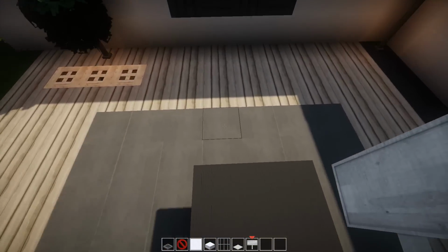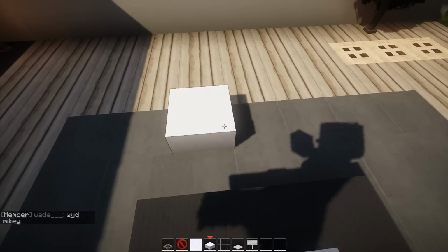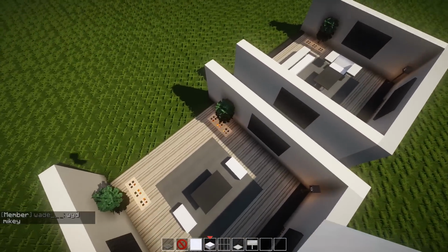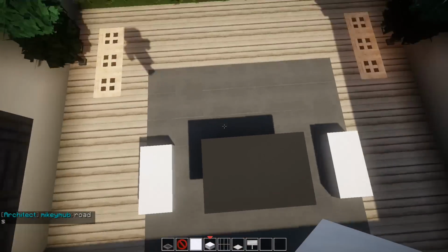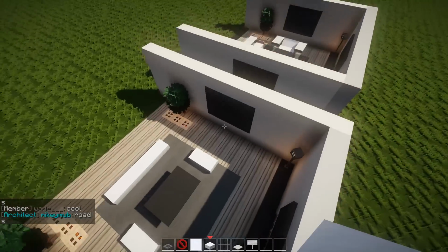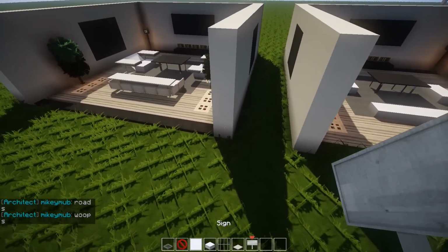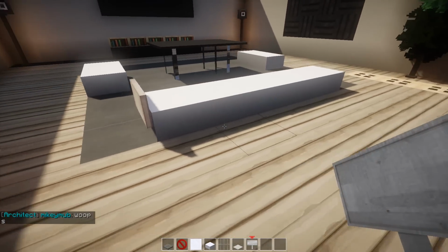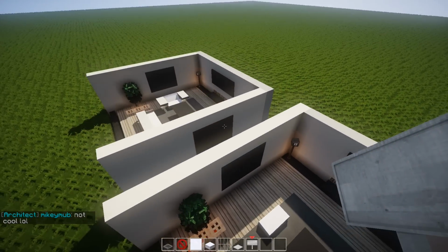So of course they're in line with a table, as you guys can see. You're going to want to put 2 down like so, 2 down like so, and then for the back one, we may as well do this at the same time. So let's just see, that's 2 away from that. Okay, so what you're going to want to do is come 2 away, bring this all the way out, so it's 1 away from the corners, as you guys can see. The back one is actually pretty simple, but once everything's in place you can do this, but I'm just gonna put 2 on there just like this.